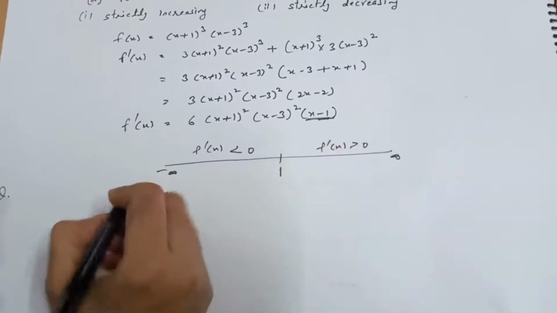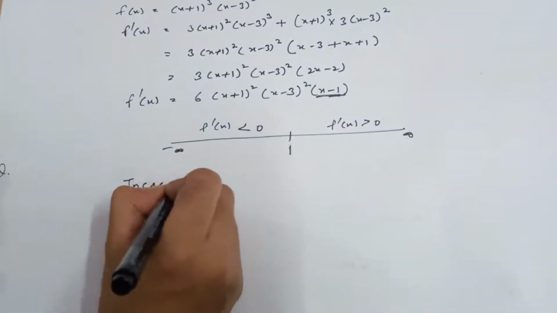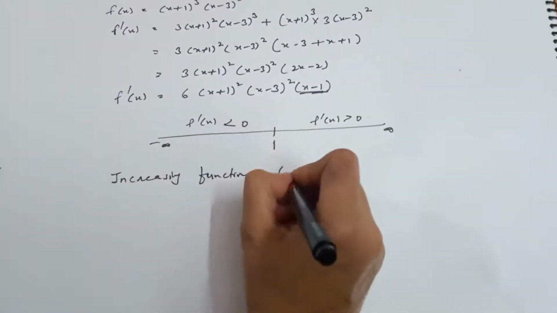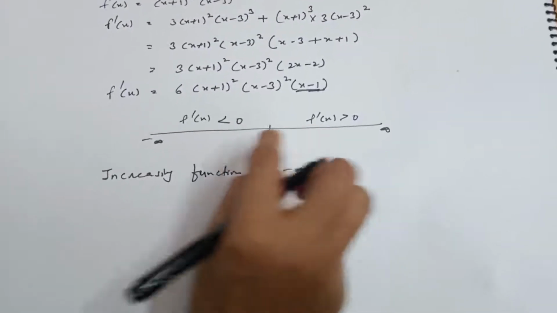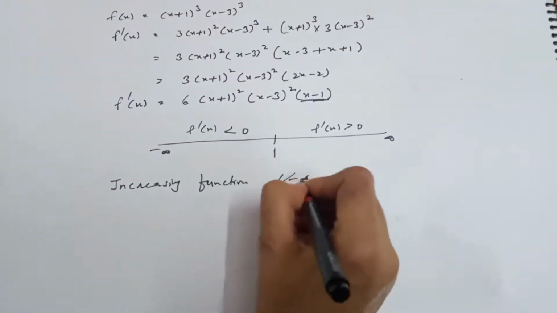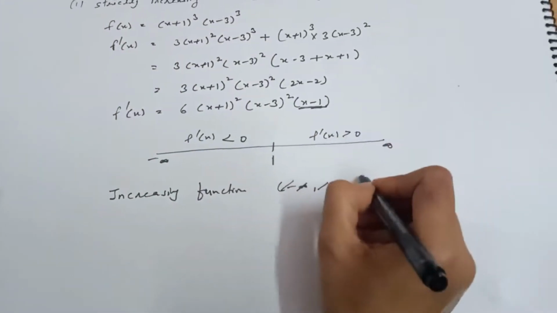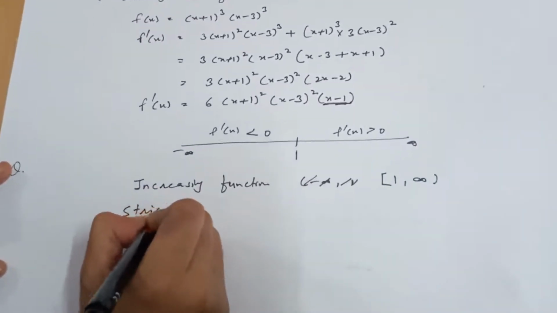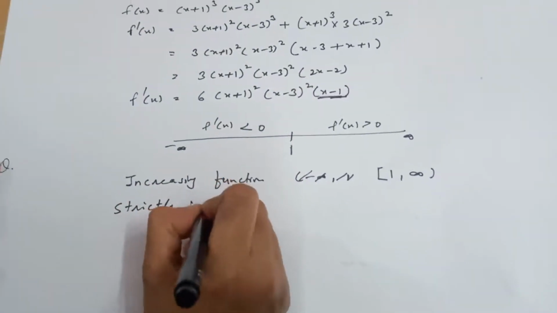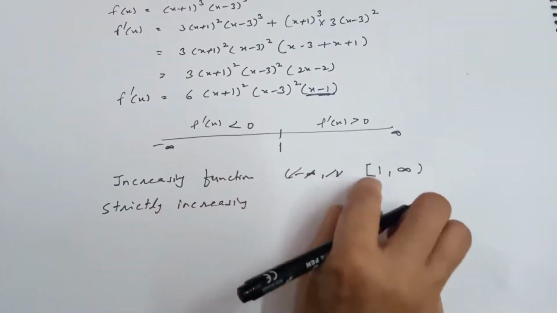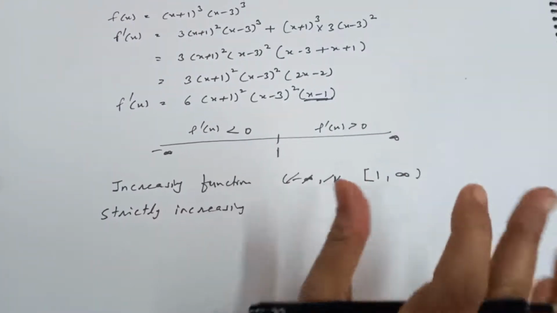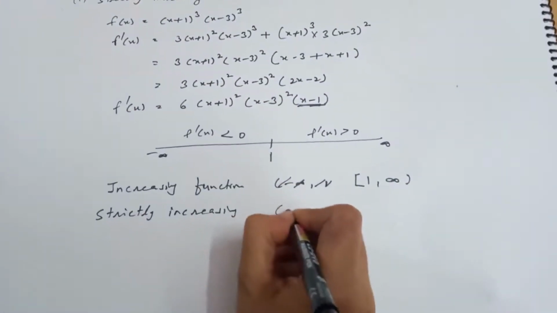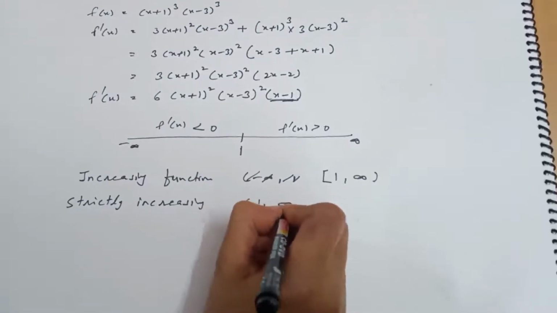So which interval is going to make increasing function? Now listen, if they are saying increasing function, then I will write its interval. For just increasing, this interval, so I will be using 1 to infinity. Okay, and if it is strictly increasing function, then I will not use the closed point, 0 point I will not use. f dash is equal to 0 at 1, f dash x becomes 0. Then I will be using what? Open interval 1 to infinity, correct?